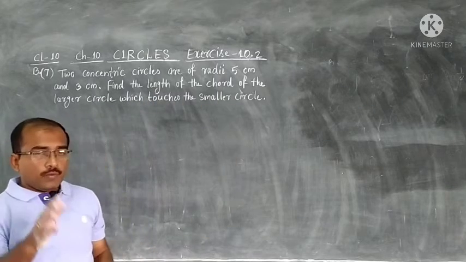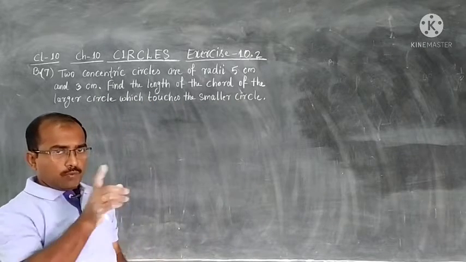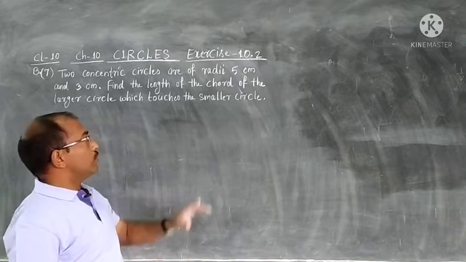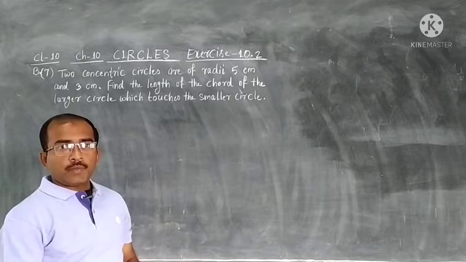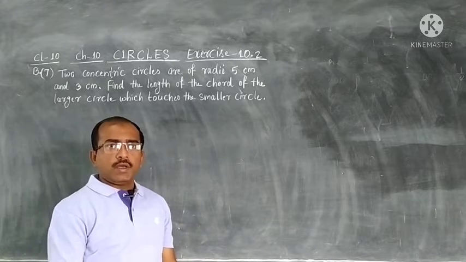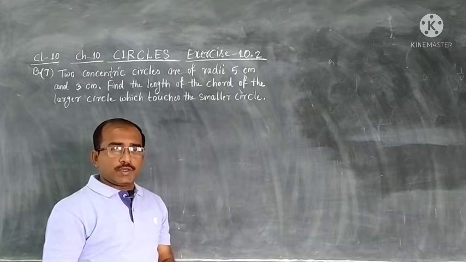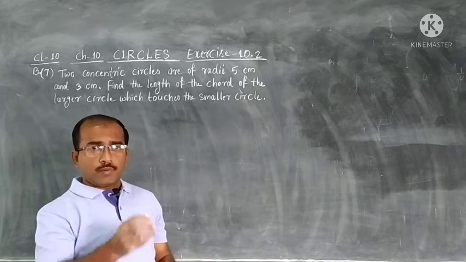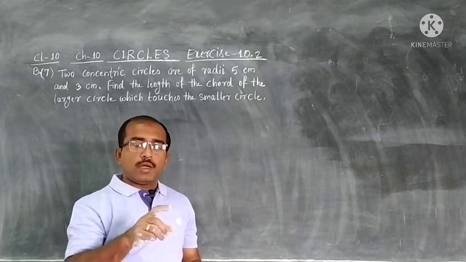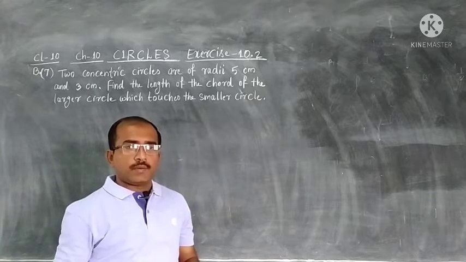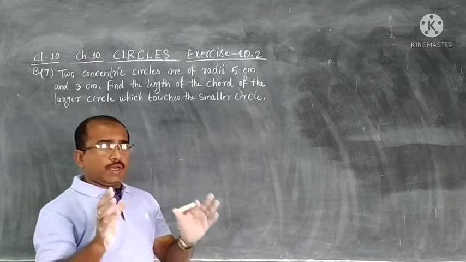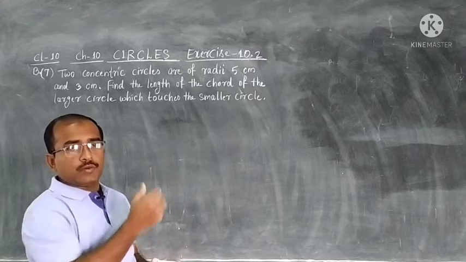Now, I was talking with you about properties. When we read this question, we need to know what concentric circles are, what a chord is, and also the tangent to a circle, because we are using the property of tangents: radius and tangent are perpendicular to each other. Concentric circles are two circles which have a common center. Using the same center, we draw one circle and then another circle, as you will see in the diagram. A chord is a line segment whose end points lie on the circle. We need to know all these, and then we can do the solution very easily.